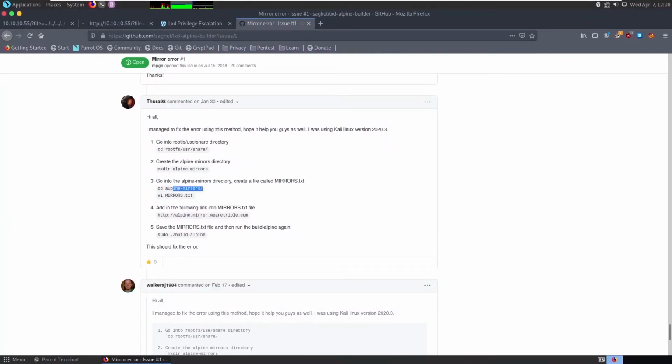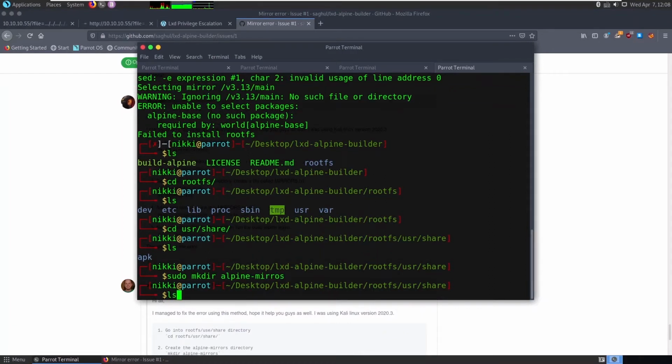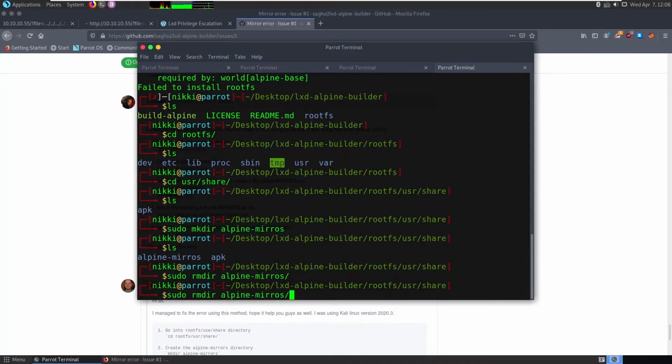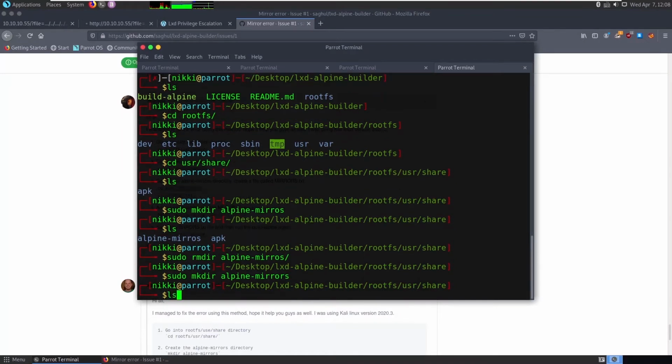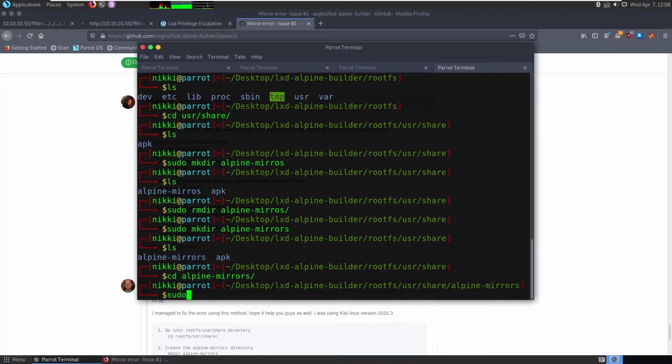So you can see alpine-mirrors. Let's create it with sudo mkdir alpine-mirrors. Okay, now alpine-mirrors has been successfully created. Let's go into this directory, and now let's say sudo nano. We need to create a file, mirrors.txt.